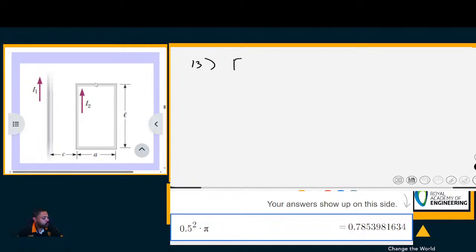So the net force on that rectangle will be the force on arm number 1 plus the force on arm number 2. Okay, so the force on arm number 1 is going to be mu naught times the current in 1, I1, times I2, times the length of that line, which is L in this case, over 2 pi times the distance it's away, in this case it's C, 2 pi C,